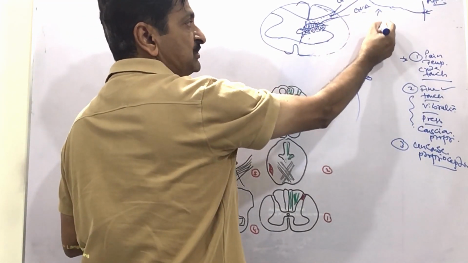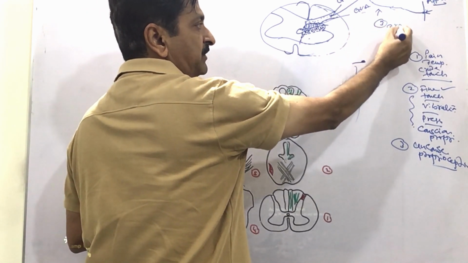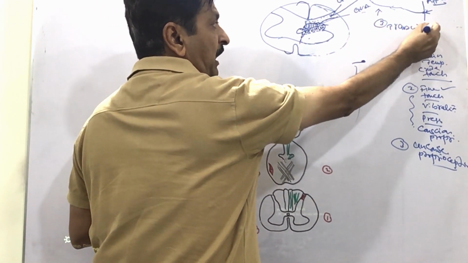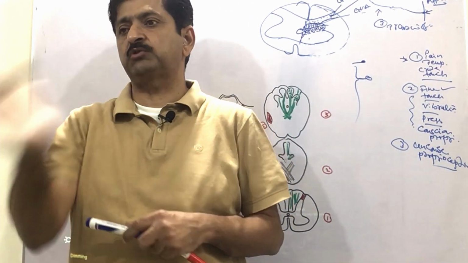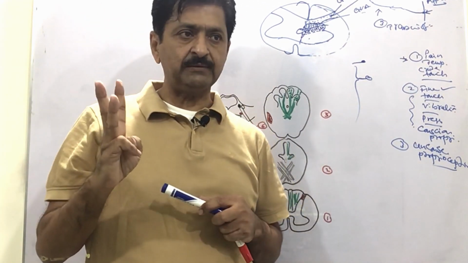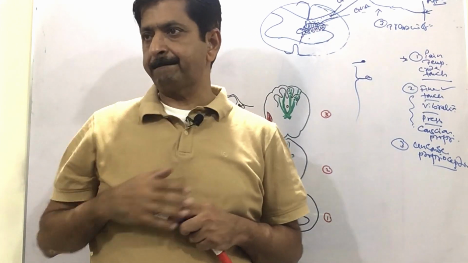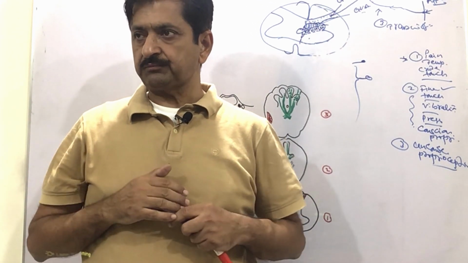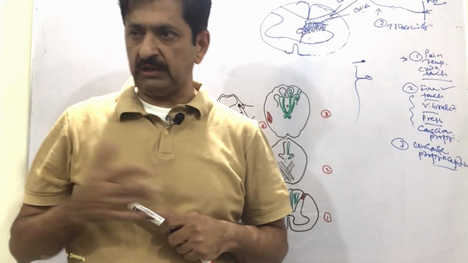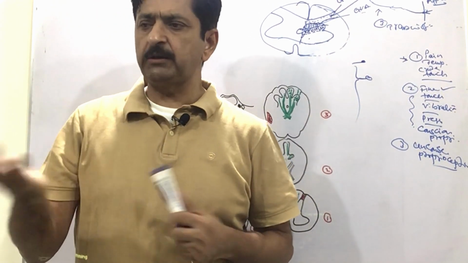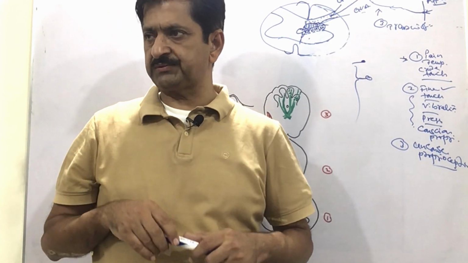Through these nerves. So this is now third, this is called transmission. And after the transmission you will at least hand it over from the peripheral nervous system to the central. Three things done, you have reached the central nervous system. Where exactly? Posterior horn of the gray matter of the spinal cord, because this is a spinal nerve. Which segment depends on which dermatome you are actually carrying this.